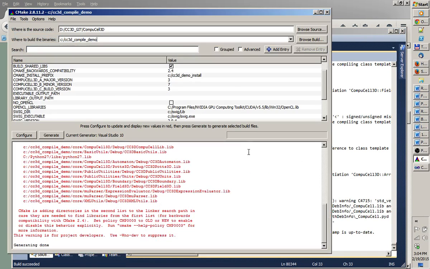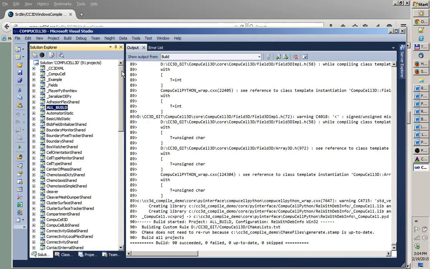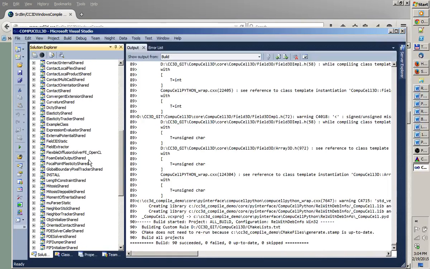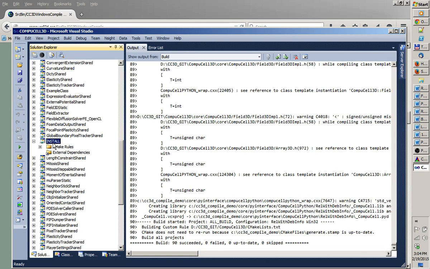So if you look at CMake, the build directory is cc3d_demo_compile, and the installation directory is cc3d_demo_install. Okay, so we're moving files. Actually CMake or Visual Studio will do that for us because there are plenty of files to move. To initiate this process, in Visual Studio, in Solution Explorer, we go to the target called INSTALL, in capital letters. We right click